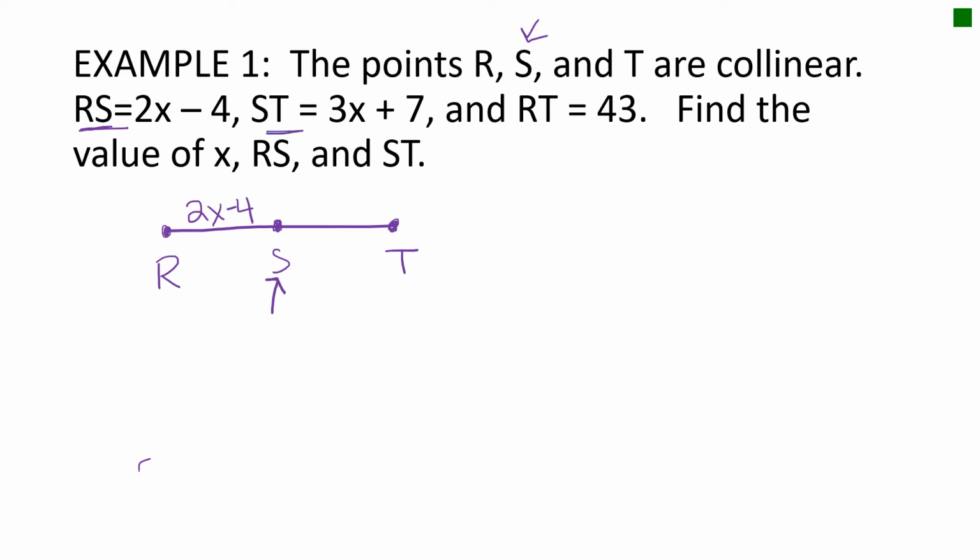Now the next thing we know is ST is 3x plus 7. I also know that the whole segment RT is 43. So I know the whole segment is 43, and I know that 2x minus 4 is RS, and ST is 3x plus 7. So thinking back to that very first bullet that said smaller segments can be added together to create larger ones, I know that RS